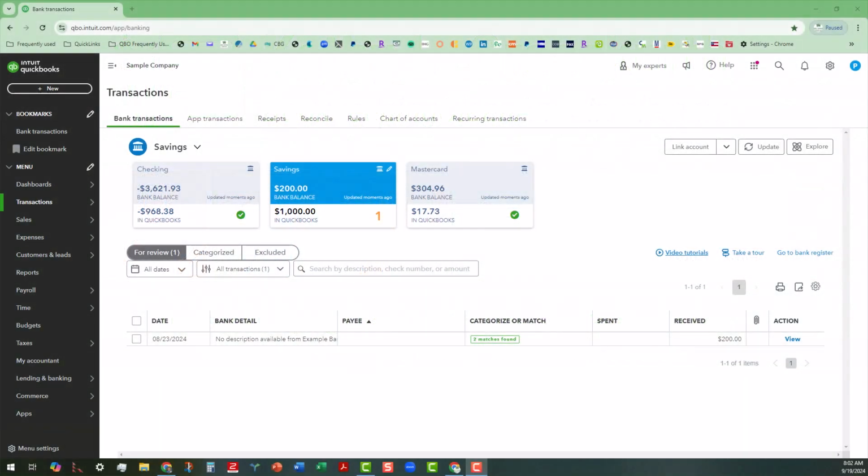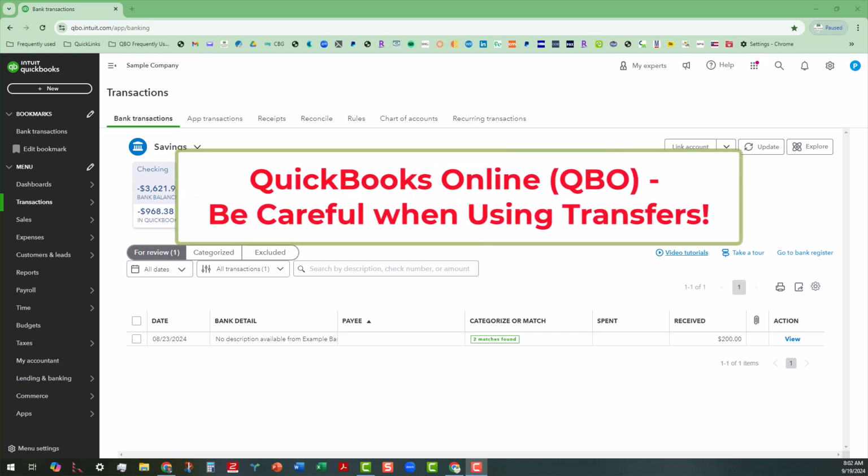Hi everyone, this is Kathy Grosskreutz with Bookkeeping Clean and Simple, and today I want to demonstrate why you need to be very careful when using transfers in QuickBooks Online, and in some cases you probably want to avoid them